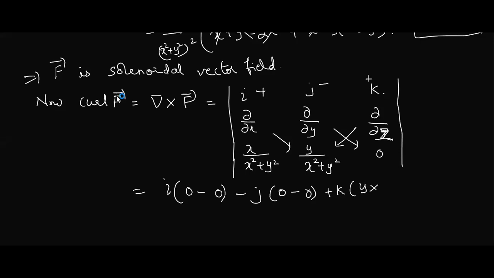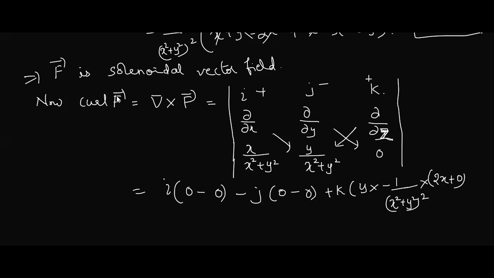We'll keep y as it is. Now the derivative of this with respect to x, your x term is in the denominator. It is just like how you write the derivative of 1 by x: minus 1 by x square. So here, x square plus y square the whole square, into the derivative of this bracket with respect to x, is how much? 2x. 2x plus 2y? No, 0 again, because we are differentiating with respect to x, don't forget.